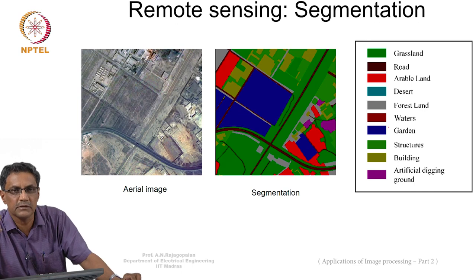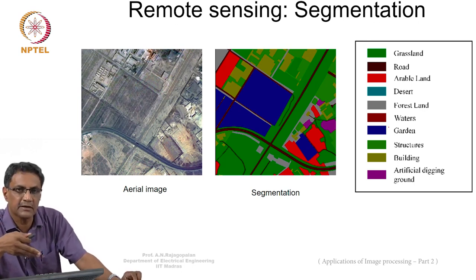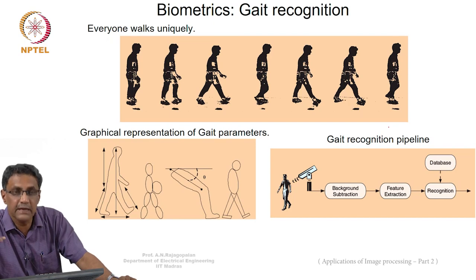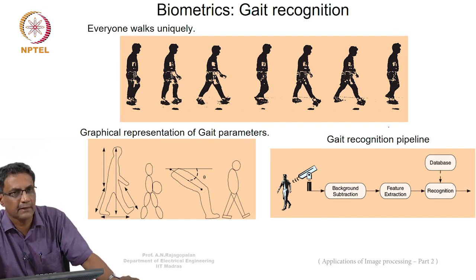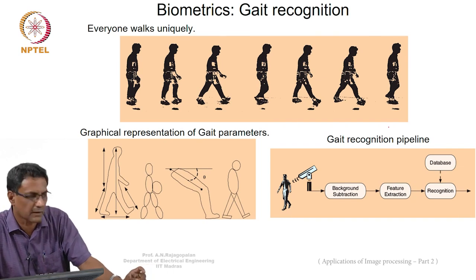Right? You have n number of labels, and you want to assign to each of these image intensities. You want to tell to which label it should actually belong. Then biometrics, I already said, gait is one thing. This depends on the way people walk. This is typically a dynamic thing. Gait is never a static thing. You can't take one picture and then start talking about gait. So gait is typically a dynamic activity.